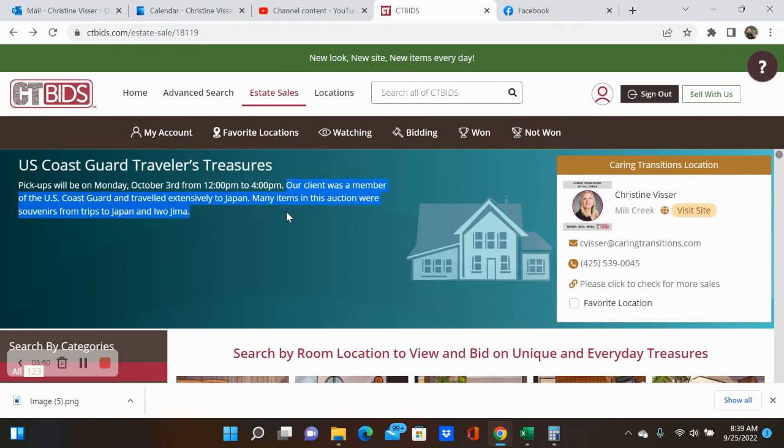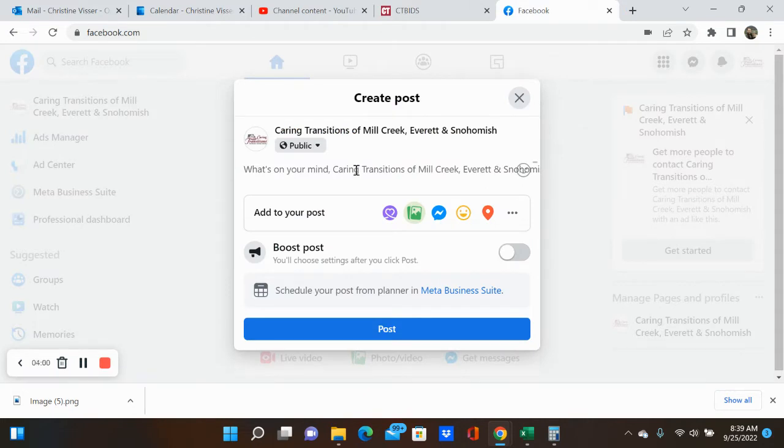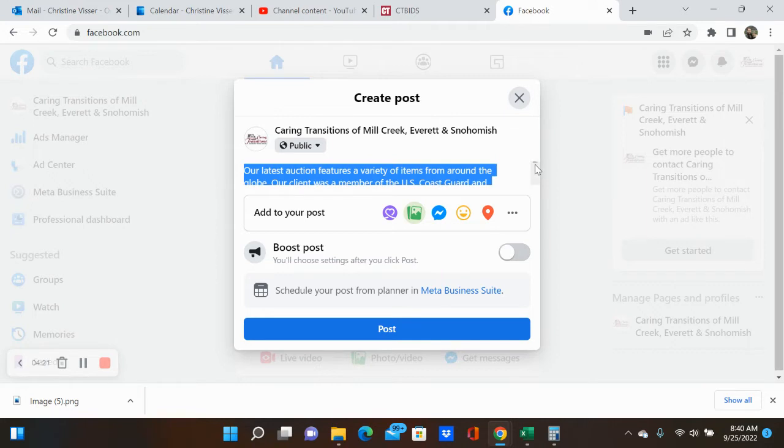So for this one, our client was a member of the U.S. Coast Guard and traveled extensively to Japan and kind of all over the world. So I think I'm going to use this for my header. I'll say our latest auction features a variety of items from around the globe. And then I'll paste, our client was a member of the U.S. Coast Guard, and traveled extensively to Japan. Okay, and then I'll go to the end of it, and then I will do